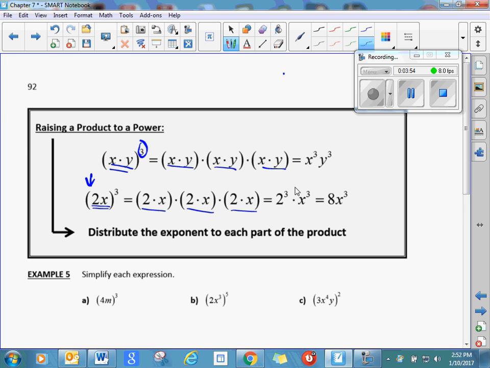You get 2 to the 3rd power, x to the 1 plus 1 plus 1, which is x to the 3rd power, and this can be simplified even further. 2 cubed is a pretty easy number to evaluate, so that's actually 8x cubed. So when you look at what we've done here, the rule,